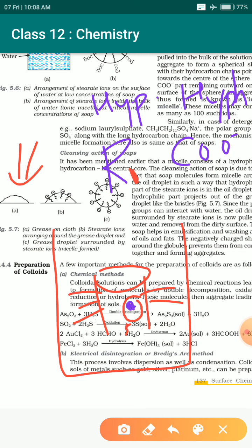the hydrophilic part will stay out of the dirt, and the hydrophobic part, which is known as the zigzag structure, which does not attract the water molecule, gets attached to the dirt, just like here. You can see the dirt, and the minus structures which you see here are the hydrophilic parts, which are attracted to the water. If it is inside water, then it is facing outside so that it can attract the water, but the hydrophobic part just attracts toward the dirt.